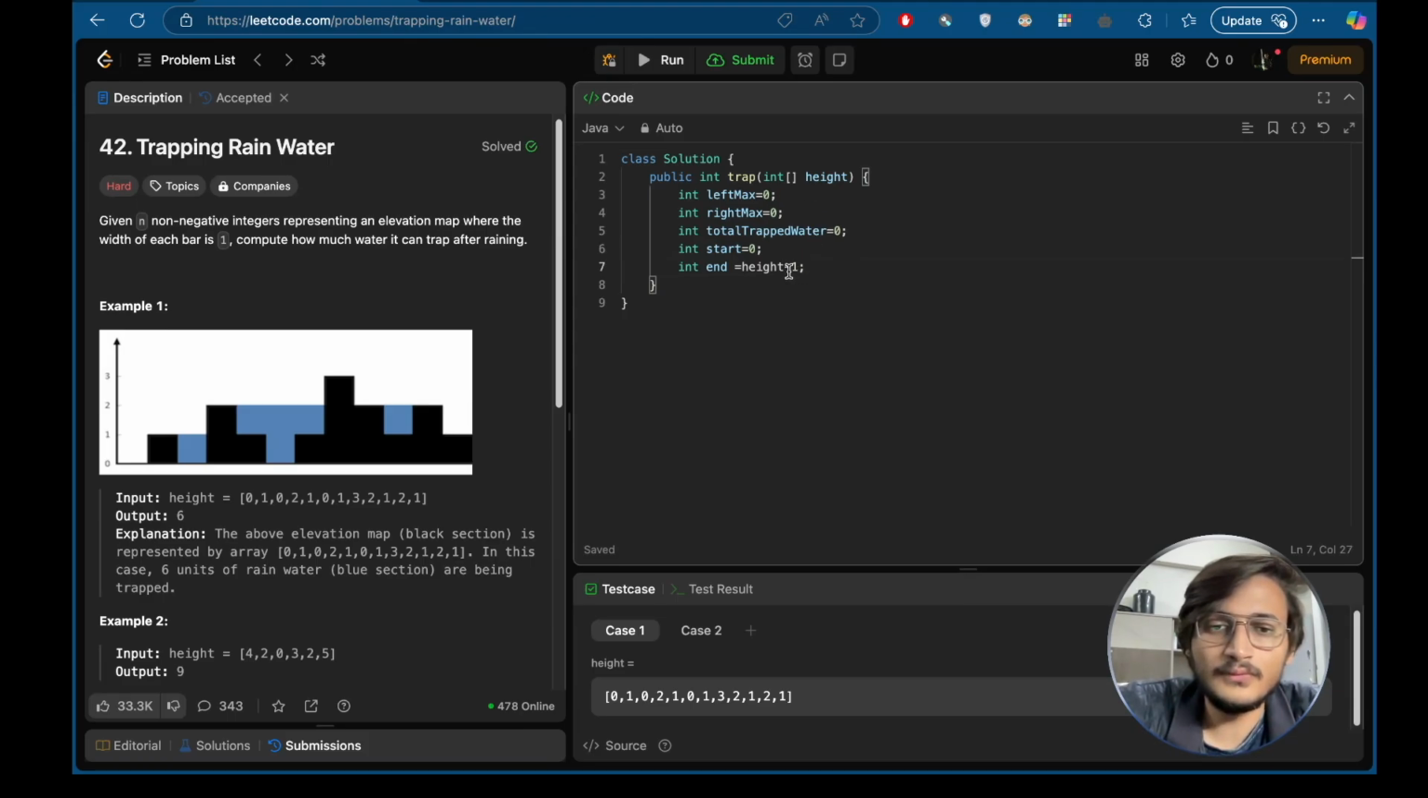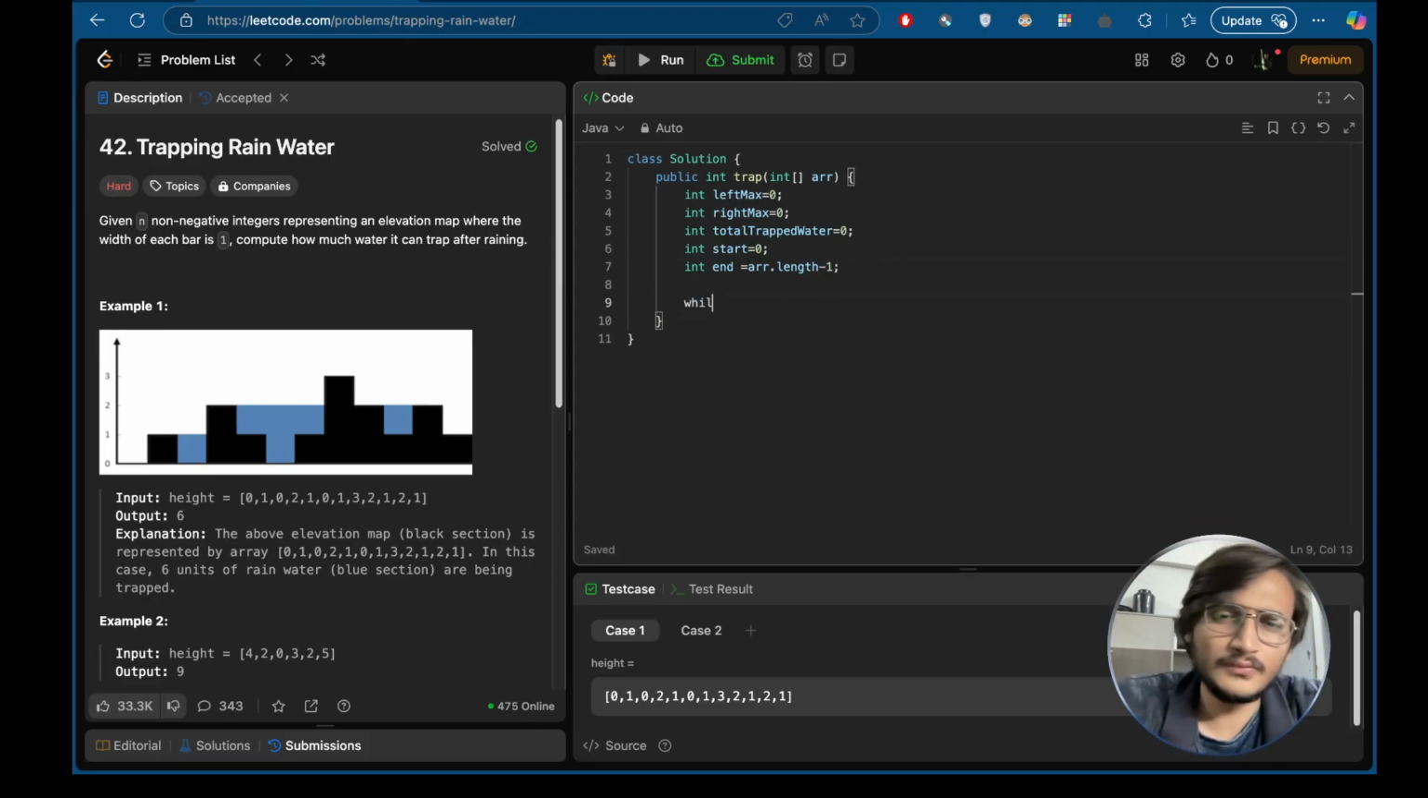Oh sorry, this is height dot, or what we can do, we can change the name so that we don't have to write height again and again. So here we can do array dot length minus 1, which will return the last index of the array. Now we just have to do what we have done in the two sum question. So while